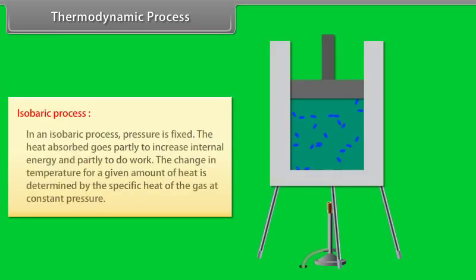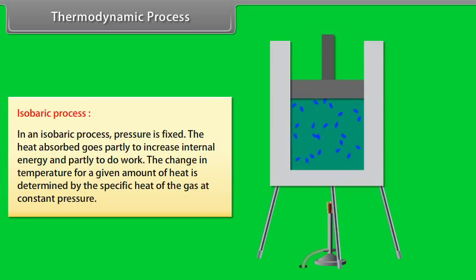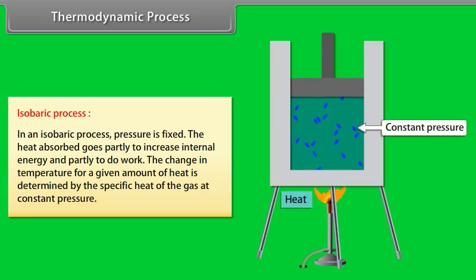Isobaric process. In an isobaric process, pressure is fixed. The heat absorbed goes partly to increase internal energy and partly to do work. The change in temperature for a given amount of heat is determined by the specific heat of the gas at